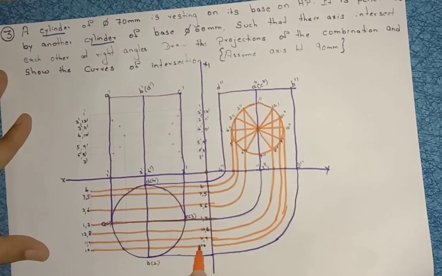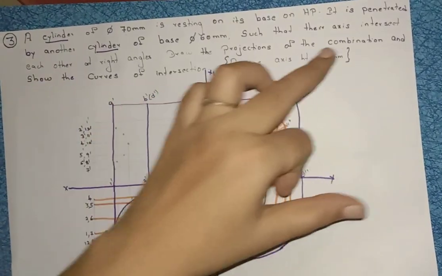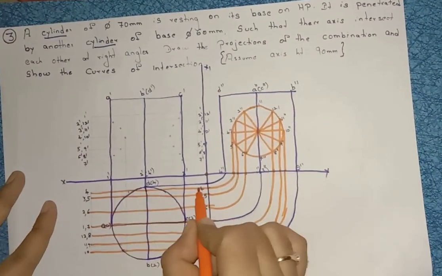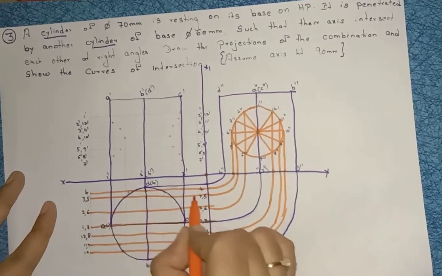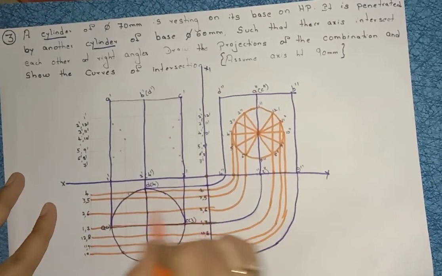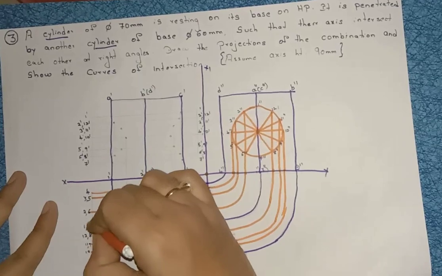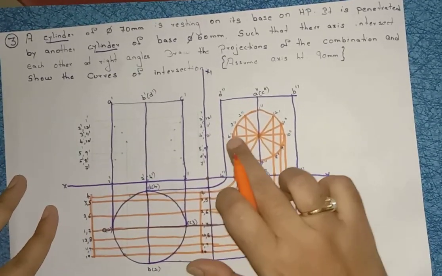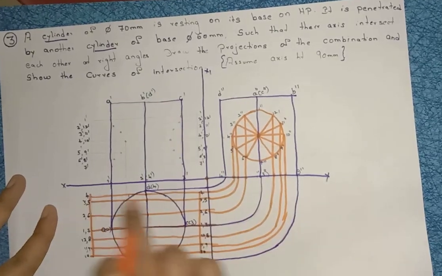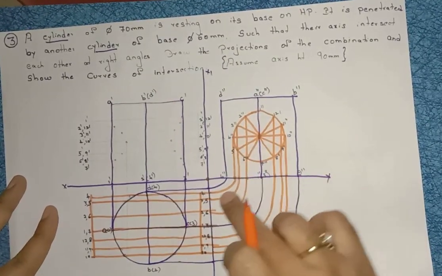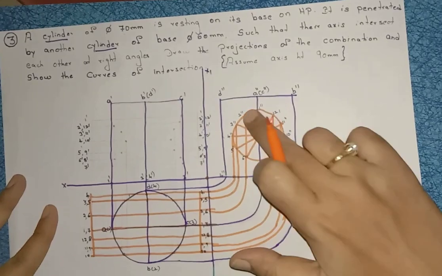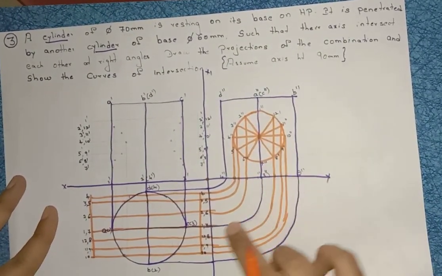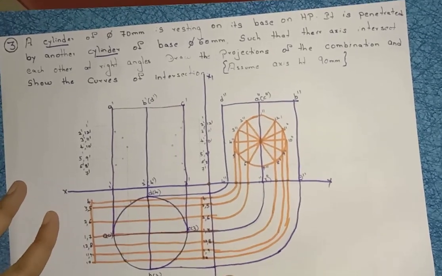right? Axis height is 90 mm. So from midpoint take 45 45, from midpoint take 45 45, from midpoint take 45 45, right? So if you do that, you will get the axis height here. So you know, you are projecting fourth point, write down 4 4. You are projecting 3 and 5, write down 3 5 3 5. You are projecting 2 and 6, write down 2 6 2 6. You are projecting 1 and 7, write down 1 7 1 7, so on, right?